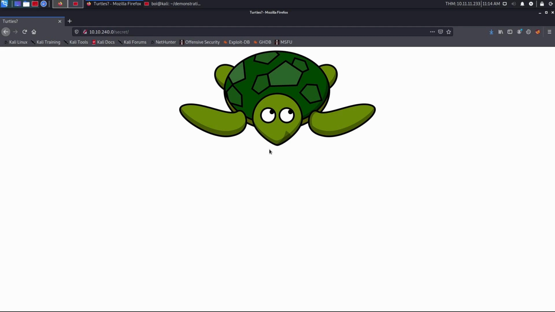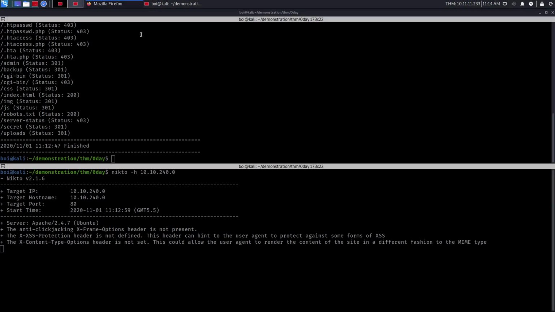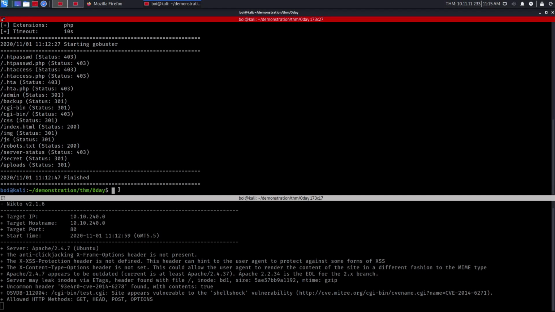I can use StegCracker or StegHide or StegOnData to extract any information that might be hidden in this image. And there's also the uploads directory. And that is also empty. Okay, so now let's move on.